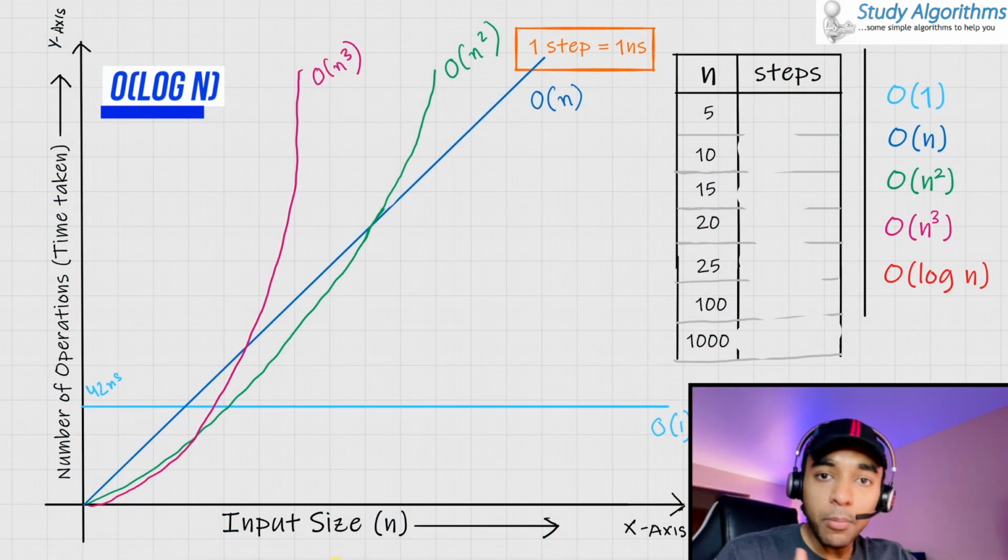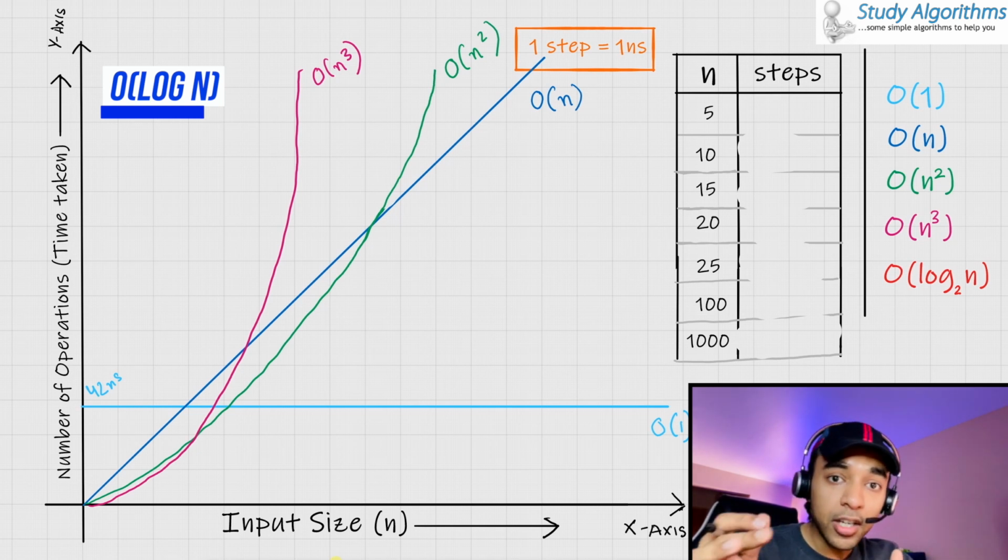Now, when we talk about log n, it means that for an input size of n, we are taking log n amount of steps. And in this case, the log base defaults to 2. So the value of log 4 is equal to 2. The value of log 8 equals 3. The value of log 16 equals 4. The value of log 32 equals 5 and so on. To speed up our process, I have already calculated these values using a calculator and even you can verify them.